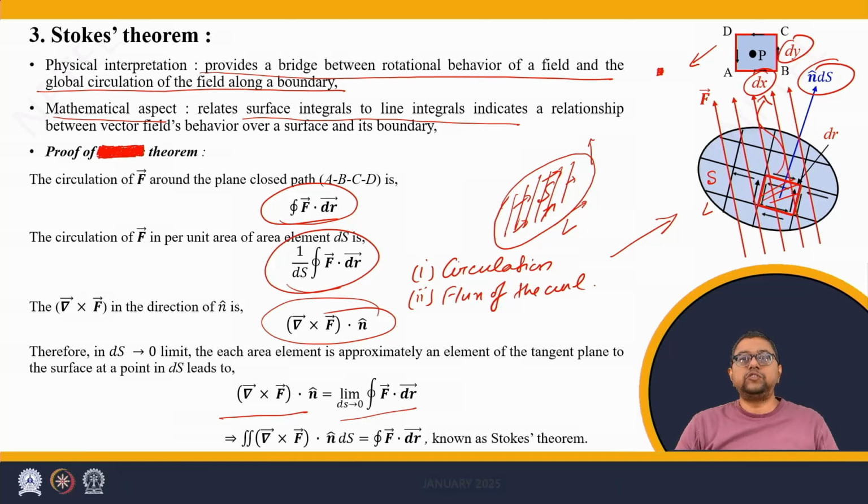If this area reduces to a single point, then the line integral and the flux become equal, because the field lines are nothing but the tangent to the bounding lines. Thus, the Stokes theorem can be obtained by integrating on both sides, which results in the flux of the curl. Thus, the Stokes theorem can be obtained as follows.